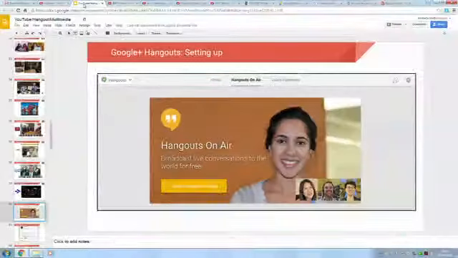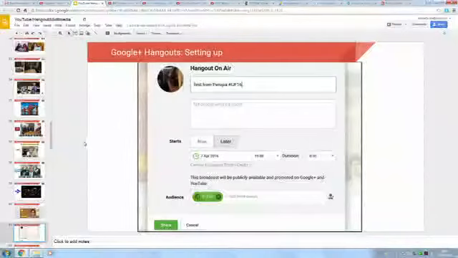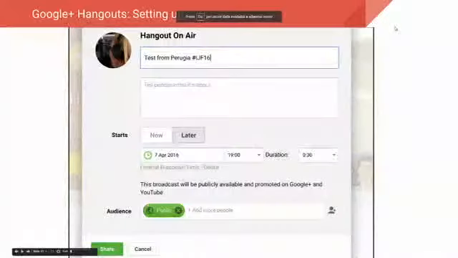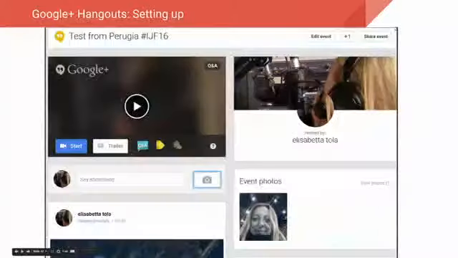It's a bit slow. I'll go back to my presentation so we go faster, and I can show you how to do that. Okay, so this is the interface we just saw, and then when you click share, that's what it opens, right? So it's an interface with the event, the time for the event, and you can enrich this page, adding pictures, adding posts, so saying, maybe one day before or 2 days before, you do another post, reminding your audience that there will be a Hangout on air in 2 days' time.